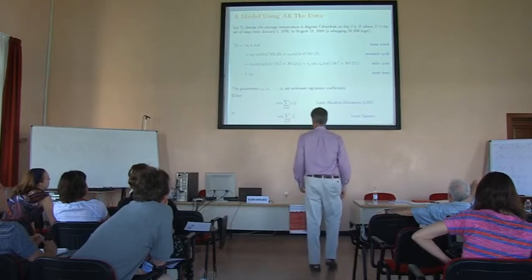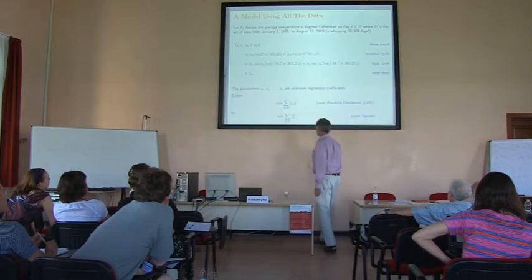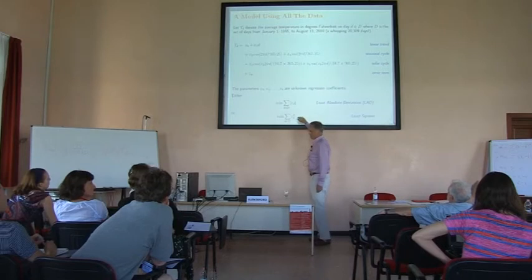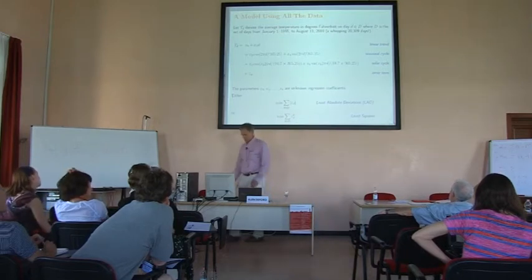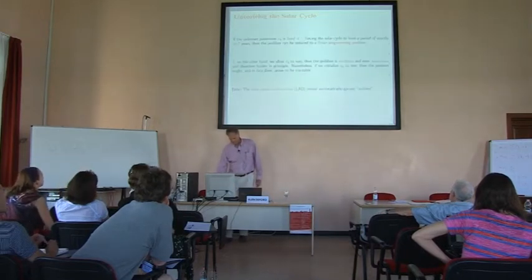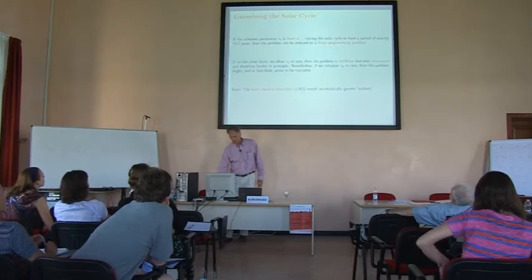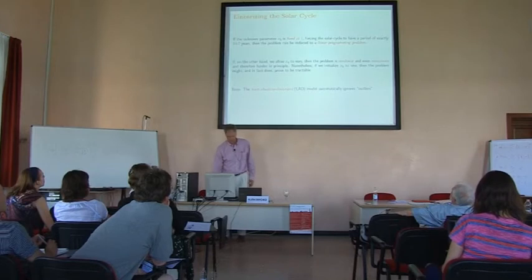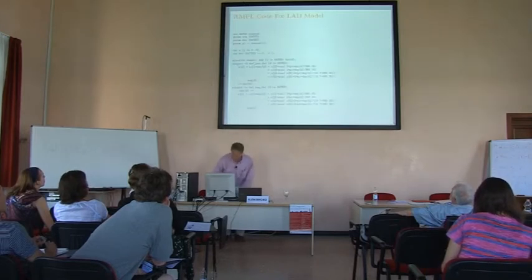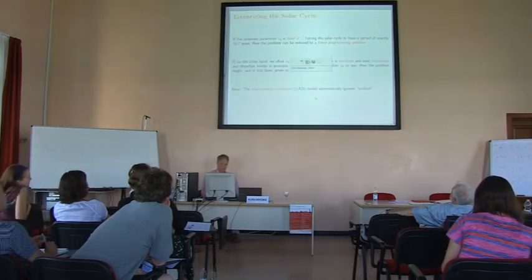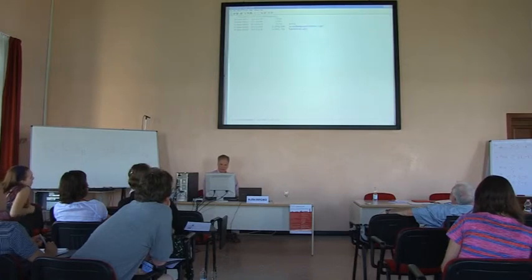And so x0 to x6 are the regression coefficients, and you can solve either least absolute difference or the sum of squares. If you don't want to believe the solar cycle is fixed, you can vary that, but that's not so important. So I just wanted to show you the paper you can read, and I wanted to show you what the model was, and then I wanted to show you one of the things that's neat here.